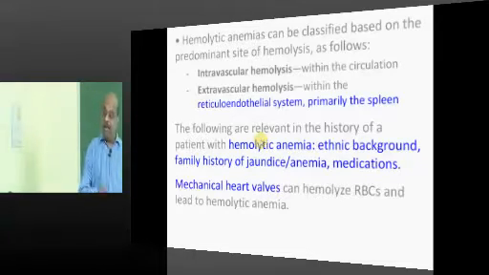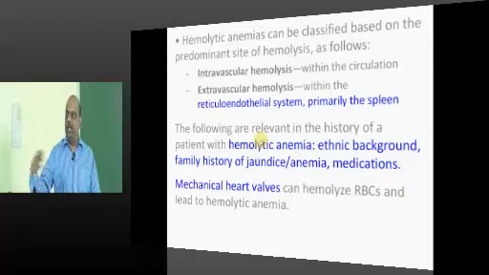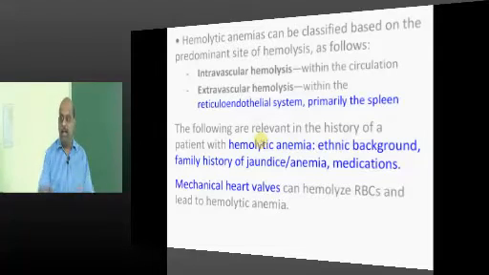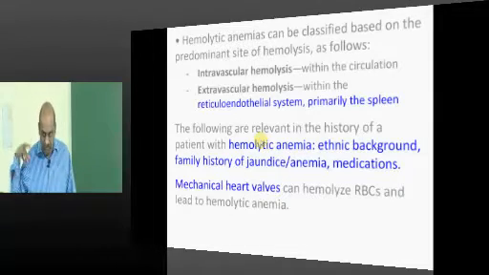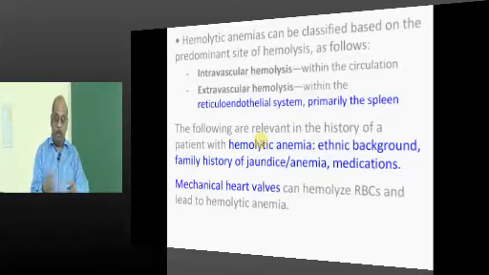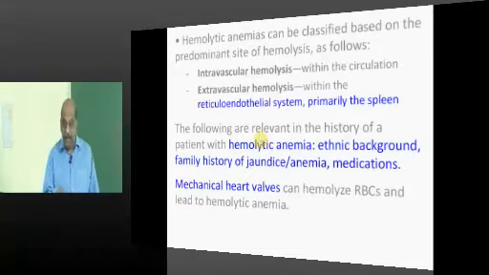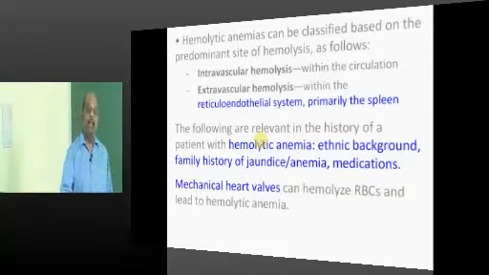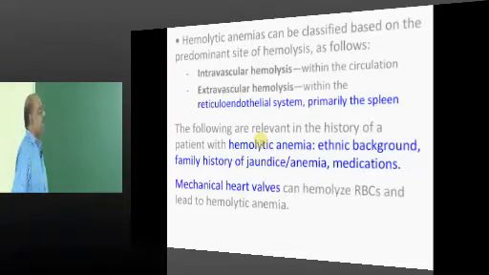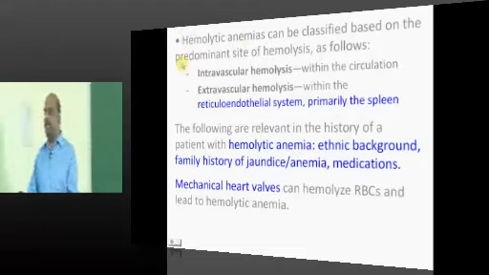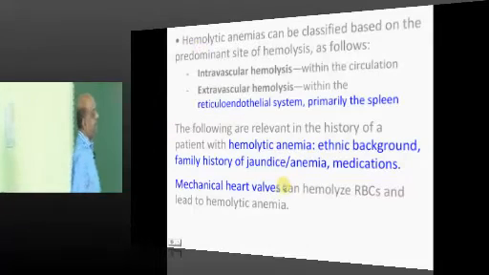Then you have intravascular hemolysis. When RBC is passing in the blood vessel, there are antibodies against the RBC. They will attack the RBC and break it down, and the death happens while it is flowing through the vessel. A broken RBC will release hemoglobin, and that free hemoglobin will pass through the kidney and lead to hemoglobinuria, which is classical of intravascular hemolysis. Second, you have the reticuloendothelial system. If the spleen is enlarged, it can also lead to the slaughtering of the RBC, which is extravascular.